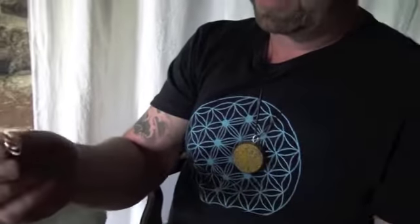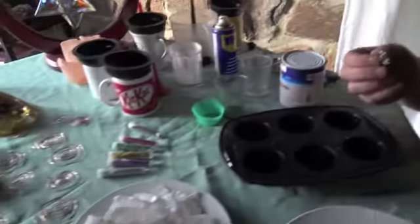Do you reckon it needs to be a perfect circle? No. For me, it doesn't matter. Somebody else might disagree. It just depends on how perfect you want to get. But I believe that's going to be fine. So we've got the crystals, steel wool, glitter, sequins,